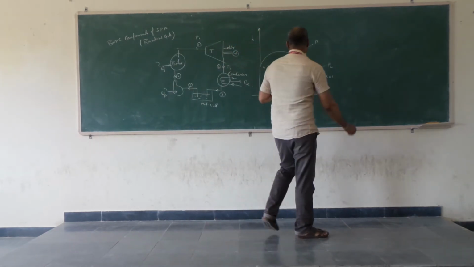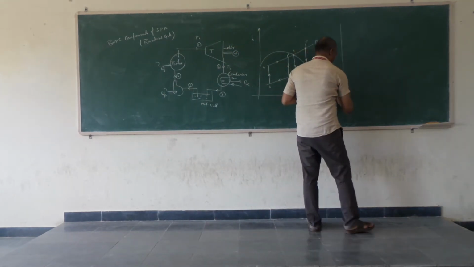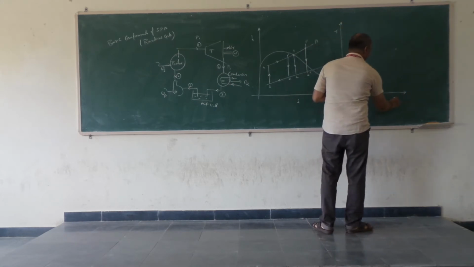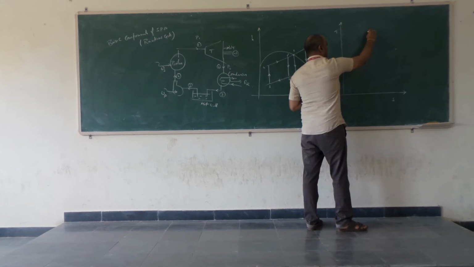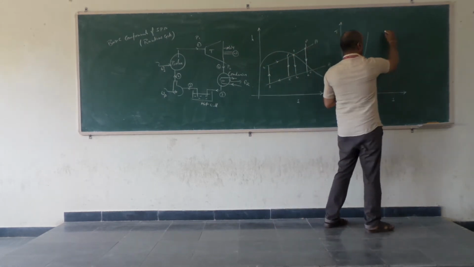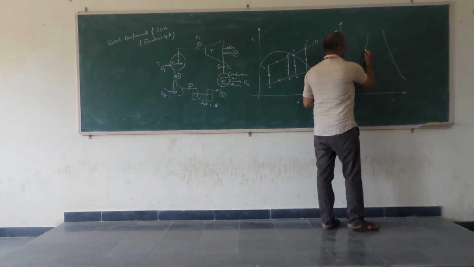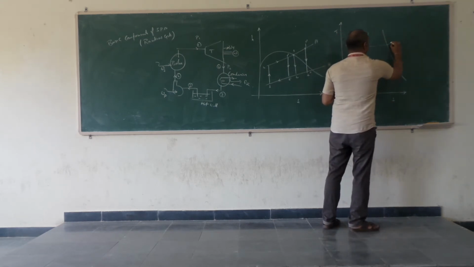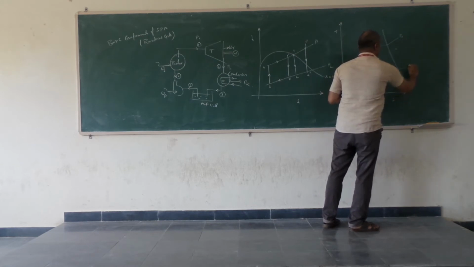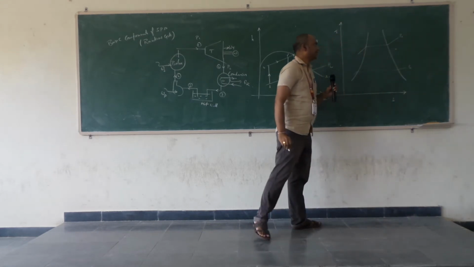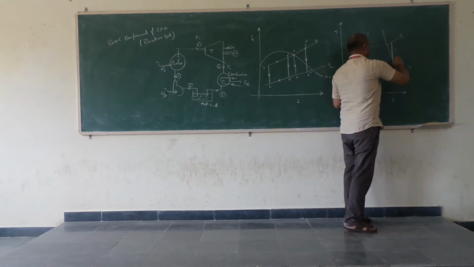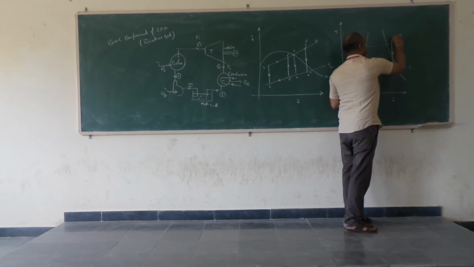And we can also show this process upon the TS diagram. Inside this TS diagram, this one is indicating the saturated liquid line and this one is indicating the saturated vapor line. Here also, these are the constant pressure lines. Upon the TS diagram, we can call these constant pressure lines. This one is P1, this one is P2. Here also we can show the steam initial condition is 1 double dash.